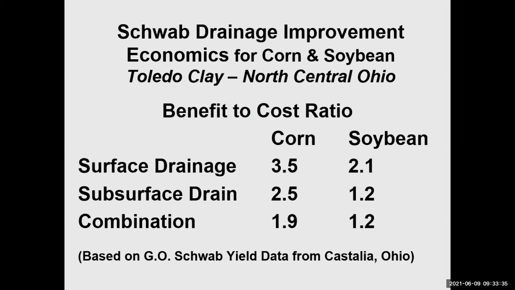And again, just to summarize, for both corn and soybean, for the drainage improvement, this is the benefit to cost ratio. So for each dollar invested, depending on the crop that you're working with, and depending on the assumptions that we made in doing this analysis, following what Glenn had done in his textbook, you've got these ranges of return based on $1 of input into improving the management of the excess water.